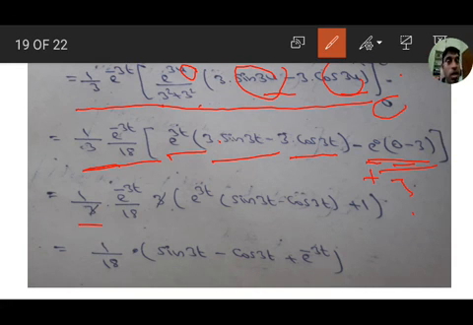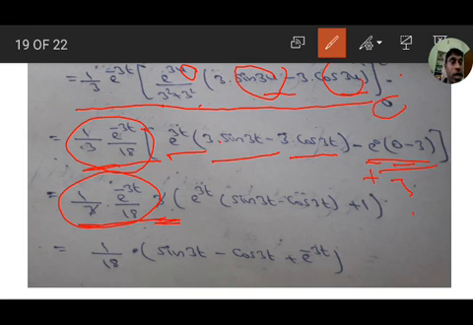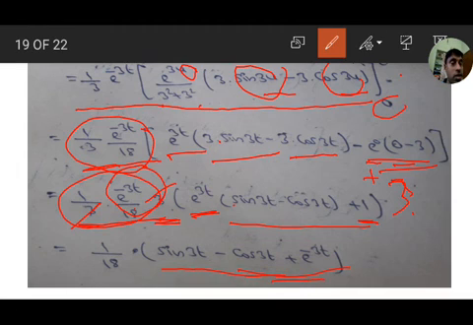3 is outside. So 1 by 3 into e to the power of minus 3t by 18. 3 is common. We get e to the power of 3t into sin 3t minus cos 3t plus 1. Here plus 3 is there, 3 is common, means plus 1. This 3 and this 3 cancel. 1 by 18. If you multiply e to the power of minus 3t with e to the power of 3t, it means e to the power of 0, that is 1, giving sin 3t minus cos 3t, and e to the power of minus 3t into 1 is e to the power of minus 3t. That is the final answer. Therefore 1 by 18 into sin 3t minus cos 3t plus e to the power of minus 3t.